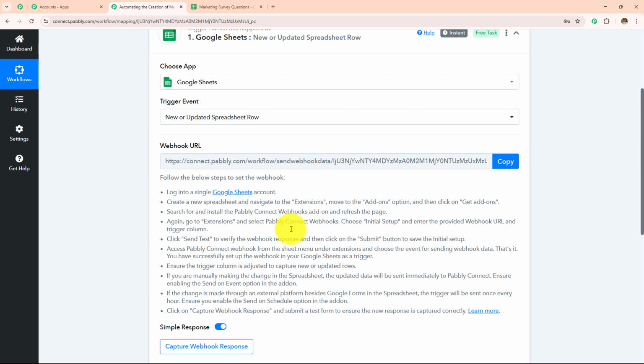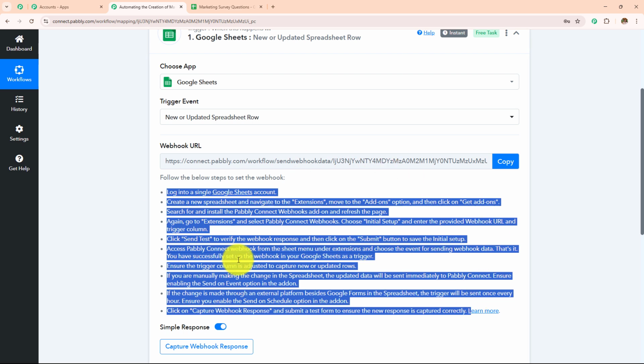Now I need to make connection between Pabbly Connect and Google Sheets, for which a webhook URL is provided to me, and this webhook URL is going to act as a bridge to connect my Google Sheets with Pabbly Connect. So reading this help desk, I'm going to build this connection, and to make this connection, let me open my